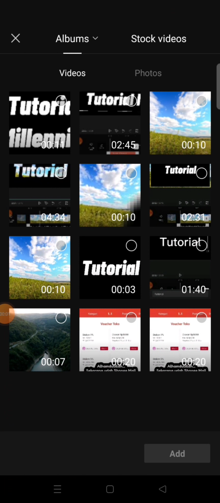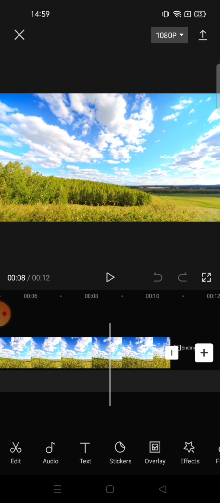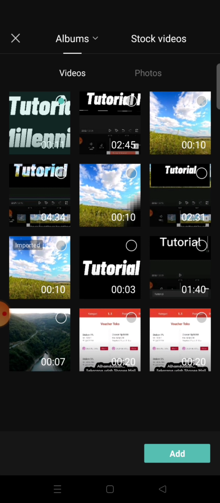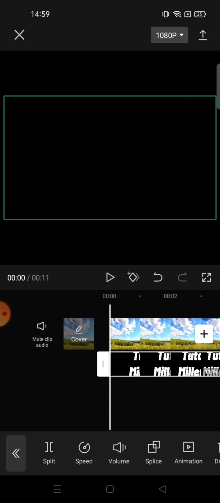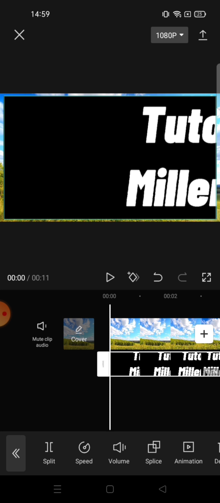Now go to the video that you want to use the text effect, and now let's add the text that we just created. Click on the overlay and add the overlay. Click on the text that we just made,